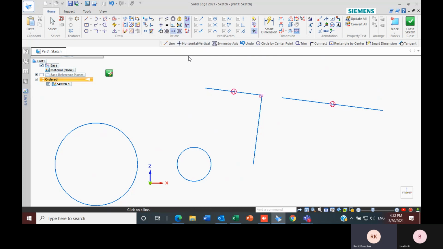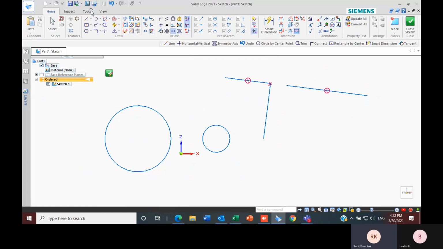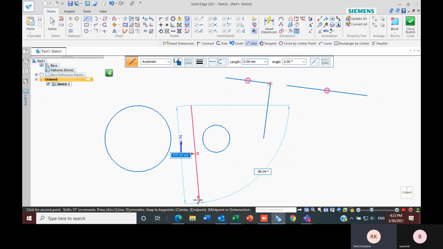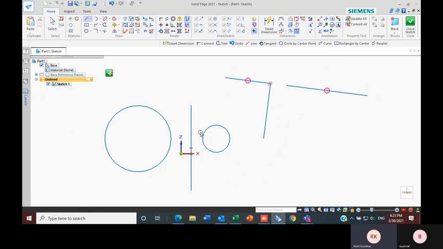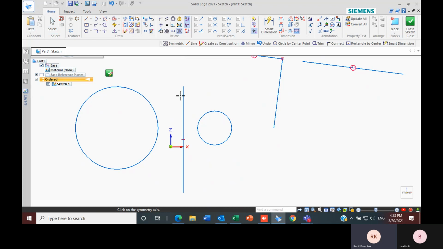Our next option is symmetric axis. In this symmetric option, by default you need a symmetric axis for it. So this way we can create this symmetric axis for it. Let's say suppose this is my random line. I can convert this line into a symmetric axis. Just have to select this command and this one. So this axis got changed into a symmetric axis.